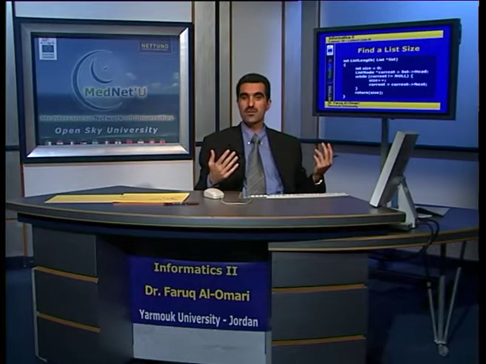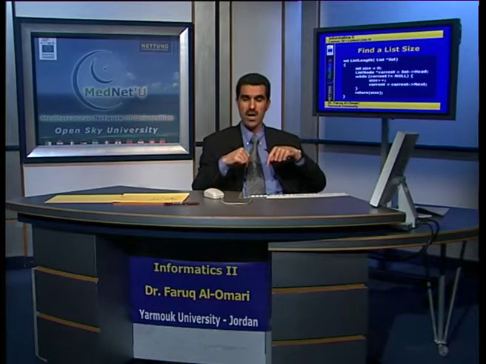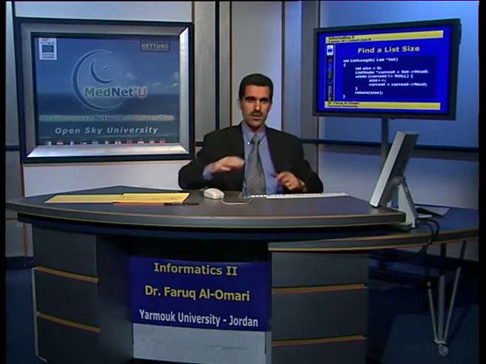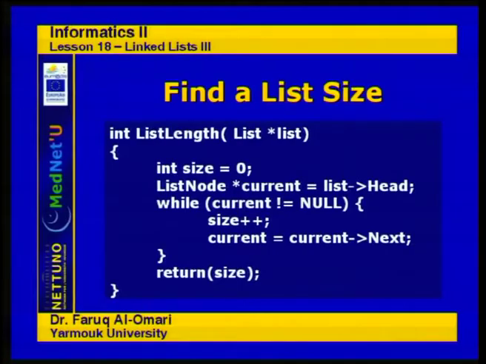Well, what's the operation? If that node is not null, just increment size by 1, because I have one extra node. So basically, the whole operation that I'm going to perform is just increment size, and then point to the next one. True? Very simple, very straightforward. And I return. Once I get out of this loop, I'm going to return size as the return value